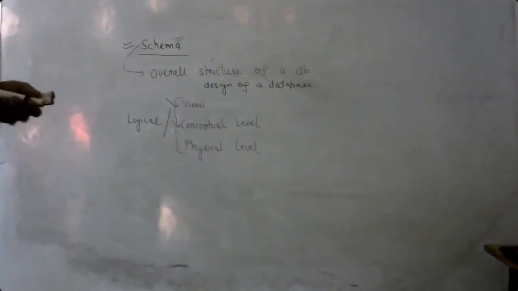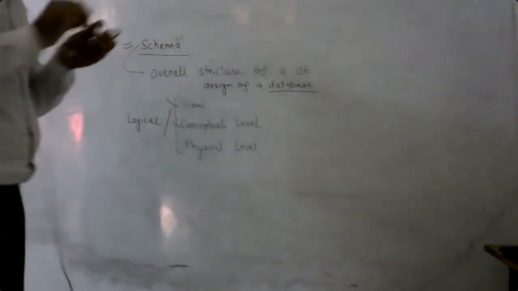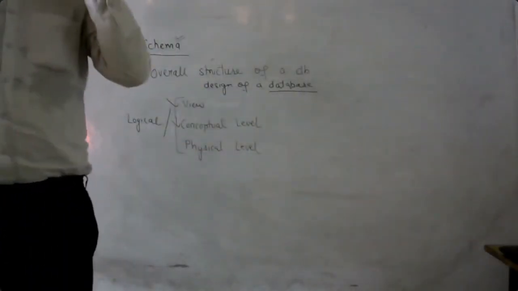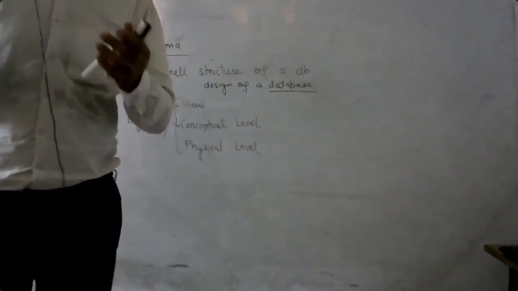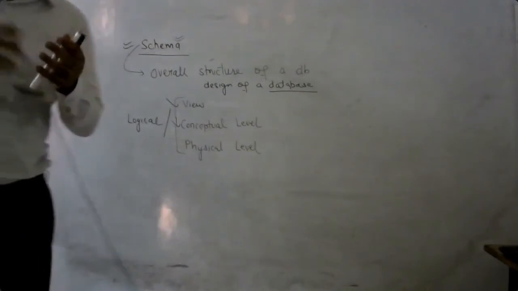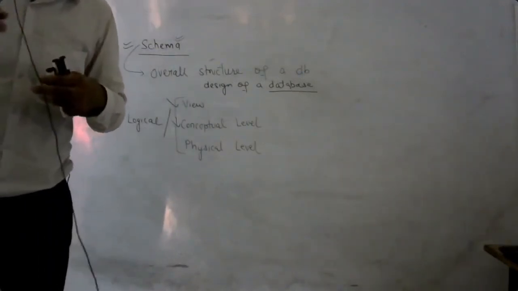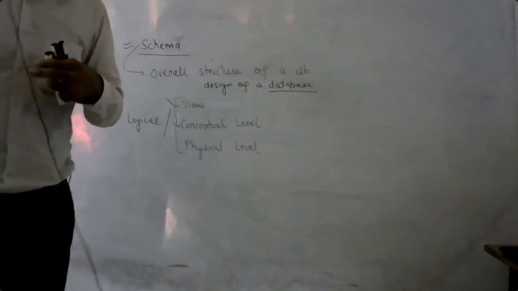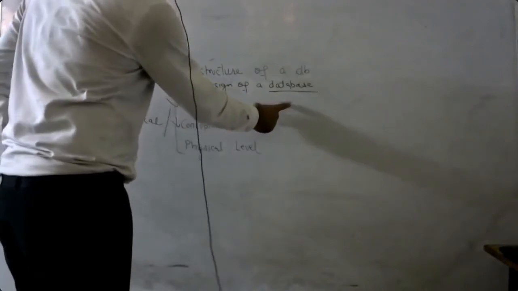In the same manner, when we talk about a database, when we talk about software, any software which runs, each and every software has a database. Meaning when a dynamic software is developed, there are one or more relations, and when we talk about a database, it means a collection of one or more relations.